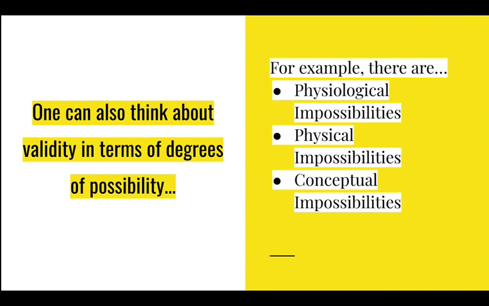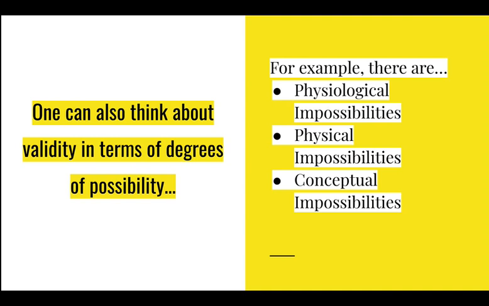But I might add that physical impossibilities, if you read people like Brian Greene and Max Tegmark, they say that there's actually parallel universes where the laws of physics might be different. So physiological impossibility is one degree of impossibility. Physical impossibilities is another higher degree of impossibilities. You literally have to go to another parallel universe, apparently, to make it so that some of our physical impossibilities are possible.